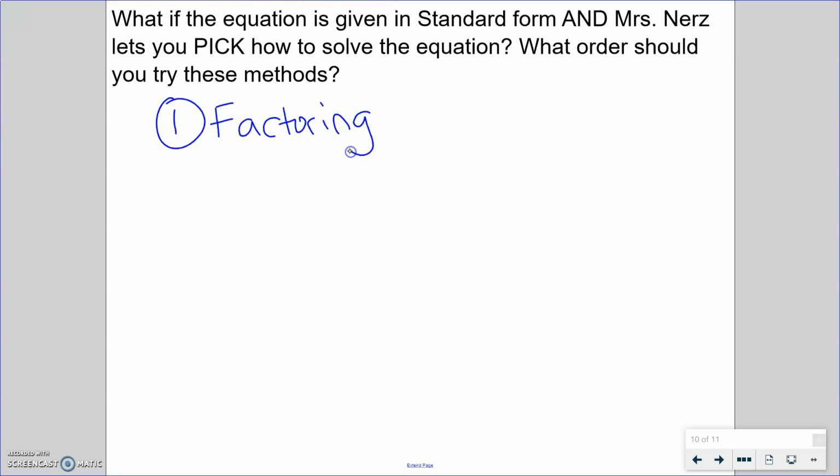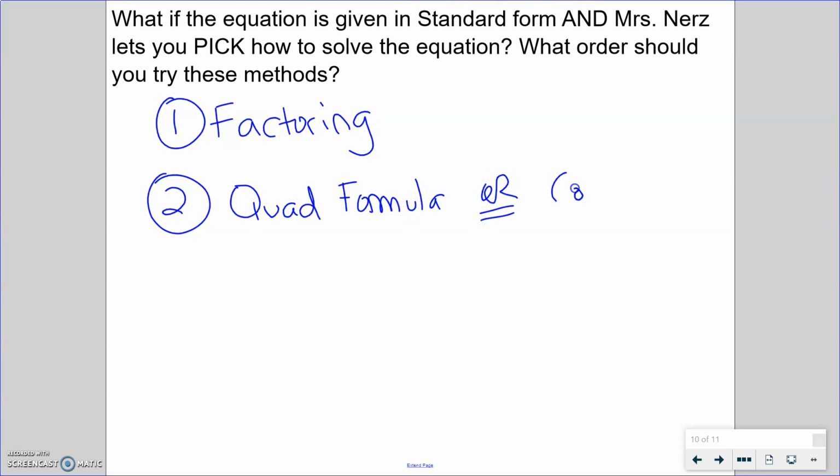Okay, factoring, of these 3 concepts, you guys, factoring is the one that comes back to haunt you in Algebra 2. So if you are struggling with factoring in any way, email me, ask me for some extra practice, go to Khan Academy and look up some practice for factoring, come see me during office hours. This is the big one, okay? Then 2, if factoring doesn't work, it's kind of up to you. You could either do the quadratic formula